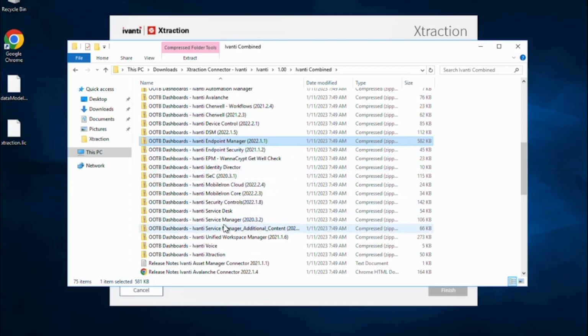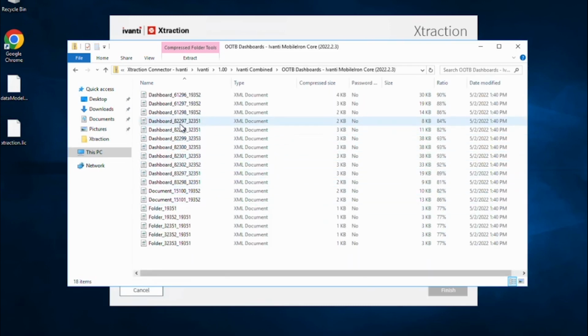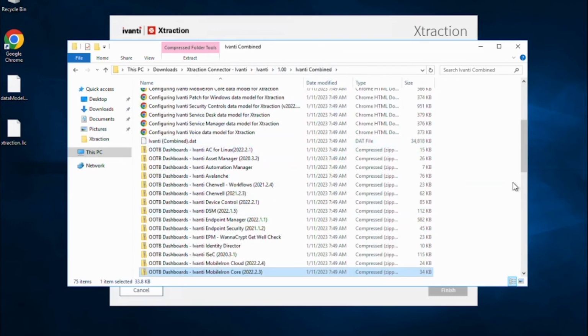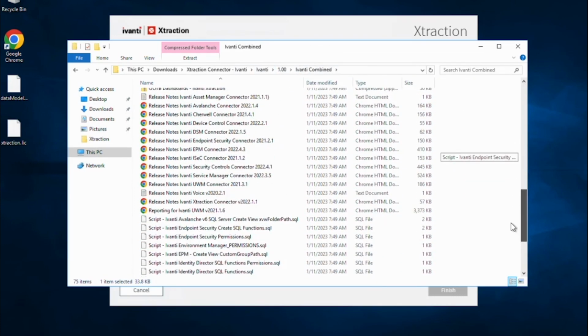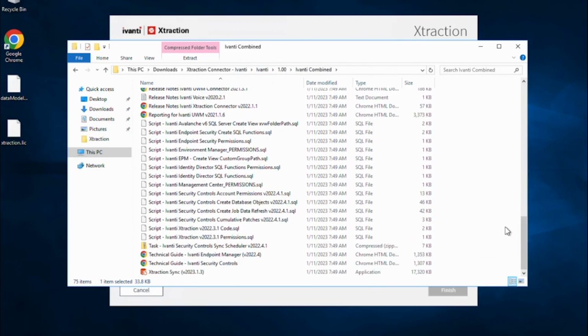So these are all the different reports in these zip files, and you do want to leave these zip files just as they are. We can take a look, there's all these documents. You don't want to unzip zip files. You just want to leave them like that. And here, down here at the bottom,